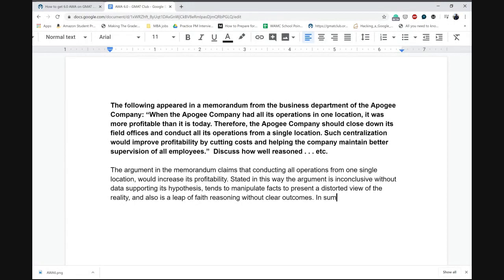In sum, the argument could be improved if it is supported with relevant data on which its core assumptions depend on, right? So that's going to be my